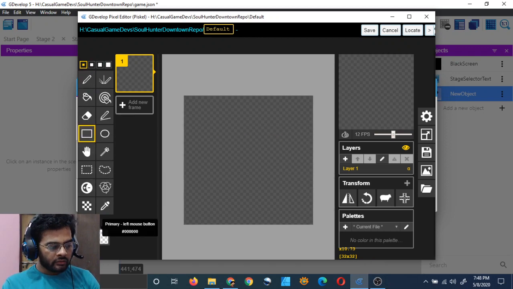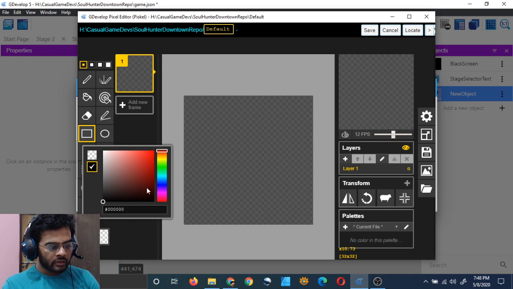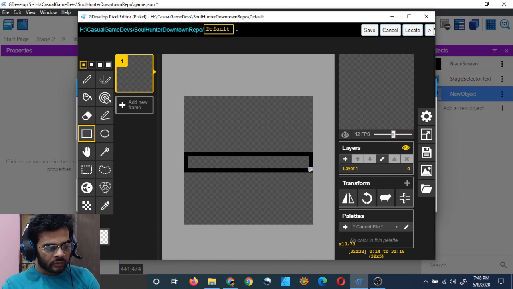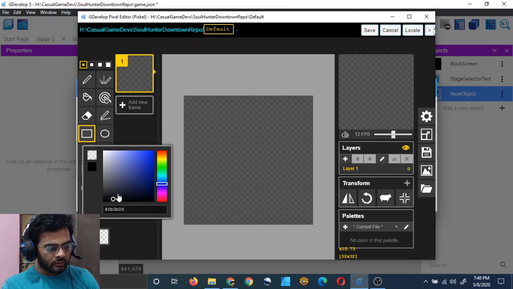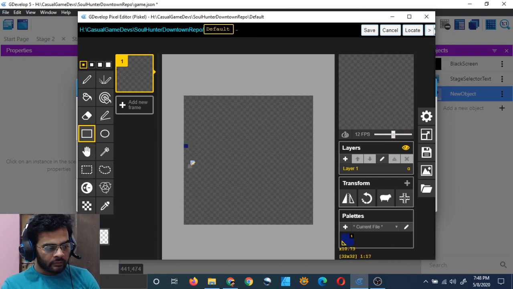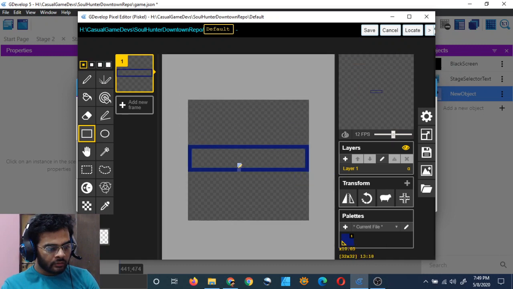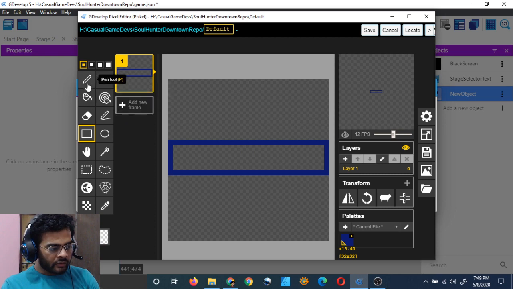Then click on the rectangle tool and just make a rectangle. Choose any color you want and just make one rectangle. Although I couldn't choose the color. Oh, it's black. Yeah, that's better. Make a rectangle which is slightly longer. Yeah, that's better. And to add some nice effects to it, just erase these boundaries from both sides.